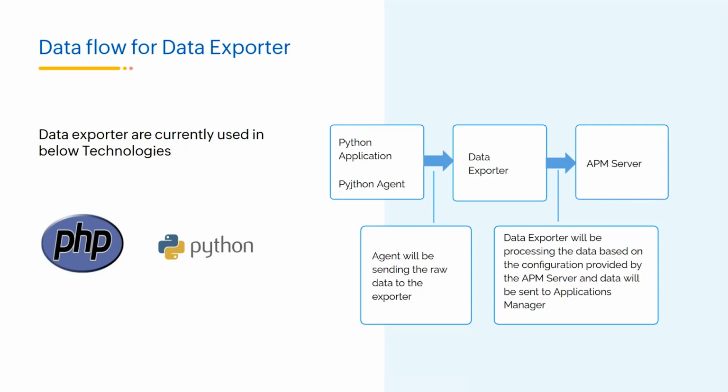So once the data is processed, the data exporter will establish communication with the applications manager server. It will then send the aggregated and formatted data to the server for further analysis and storage. With this approach, the applications manager server will receive the transmitted data from the data exporter, store the data in a centralized repository, and provide the user interface for monitoring and analyzing the application performance, traces, and metrics as